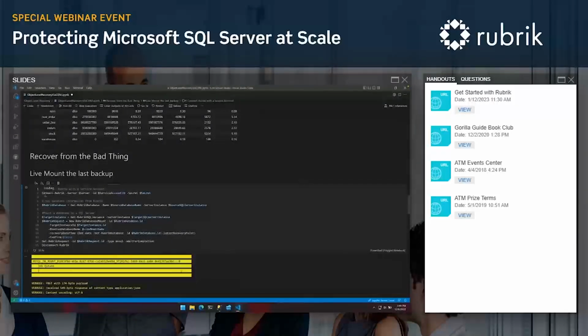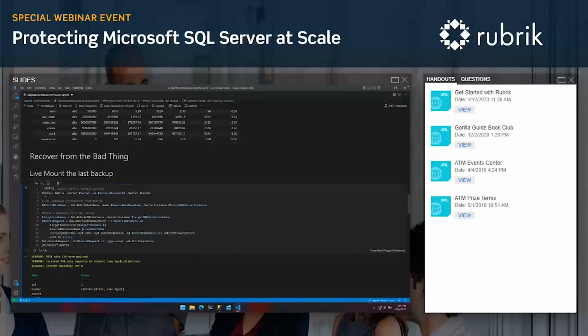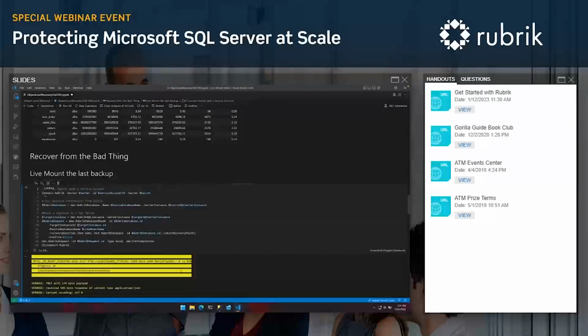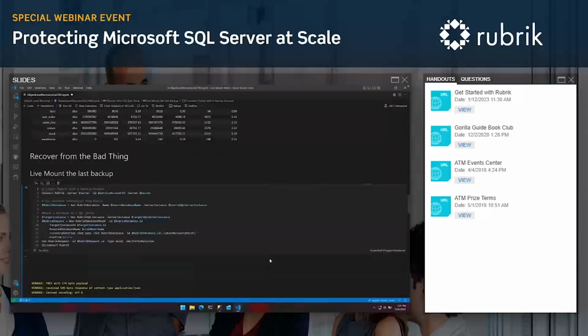And this is all done using live mount because what Rubrik does is it does the entire restore operation on the Rubrik storage itself. It reads the backup, it creates the database on the SQL Server, and it goes ahead and attaches those data files from a secure SMB3 share hanging off of the Rubrik device. You don't have to copy that data back across the network and write it down to your storage on your SQL Server side. This 2 terabyte database will be up and running pretty quickly.